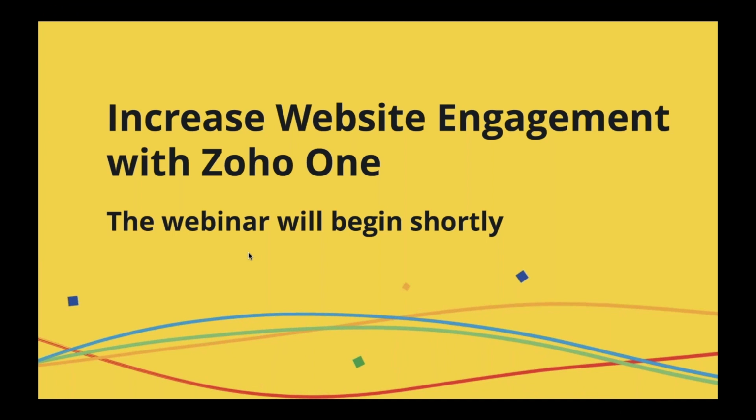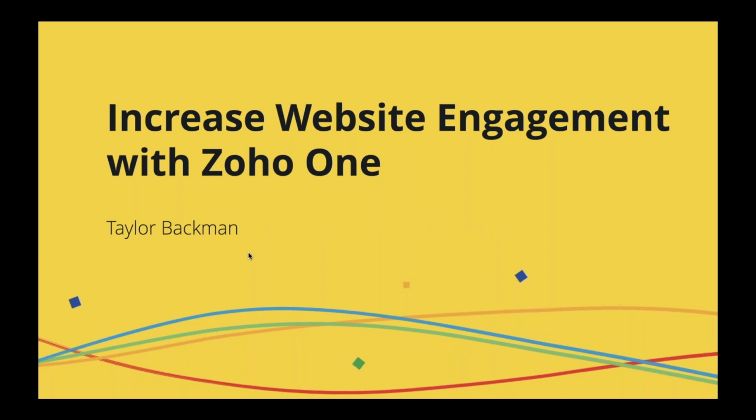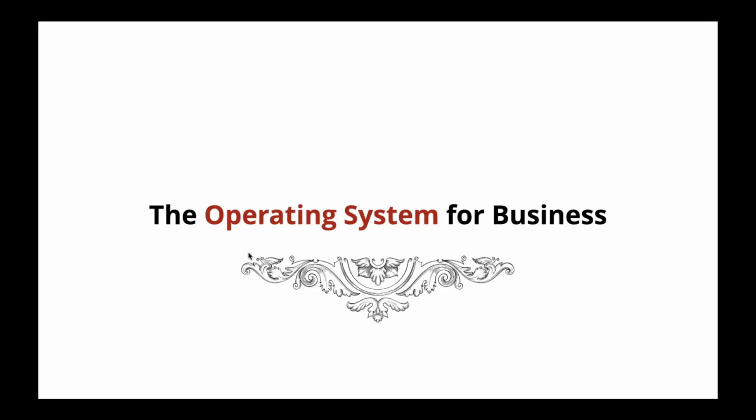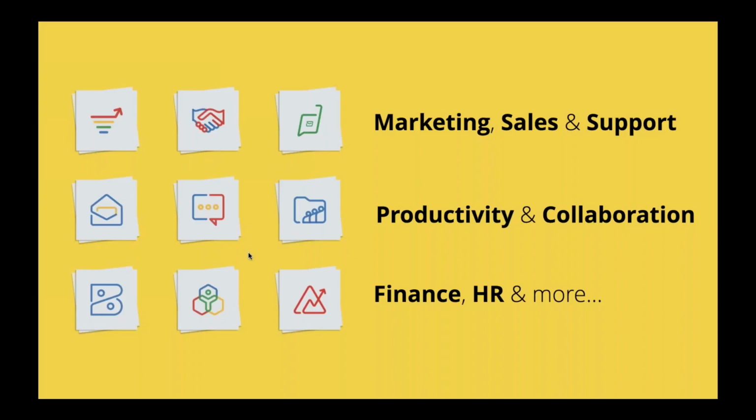So this webinar today is Increase Website Engagement with Zoho One. Today I want to talk about increasing website engagement. Zoho One is our operating system for business. It basically contains all of the things that you would need to run a business. And this extends across marketing, sales, support, productivity and collaboration, finance, accounting, HR, all sorts of great stuff Zoho One can help us with. So in focusing on website engagement, we're kind of taking a very narrow sliver of what